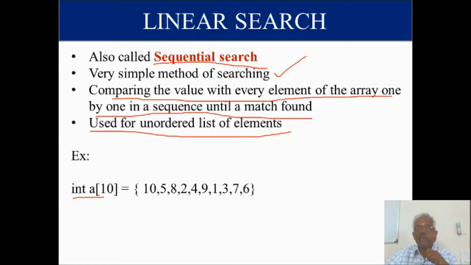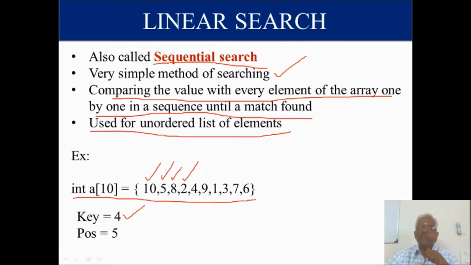So now we just take this list of elements, that is array of 10 elements. Now we are going to search a key value 4. Now how we are going to search? First we search the first element of the array. If it is match, then this position is my answer. If it is not match, we go for the next element, then next element, then next element and then next element. Now once I find out the key value in the list, its position is my answer. What is this position? It is position 1, 2, 3, 4, 5. So the position is 5.